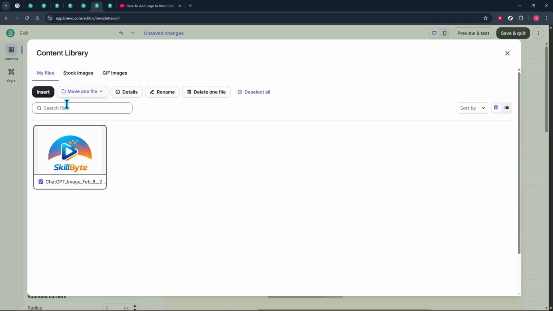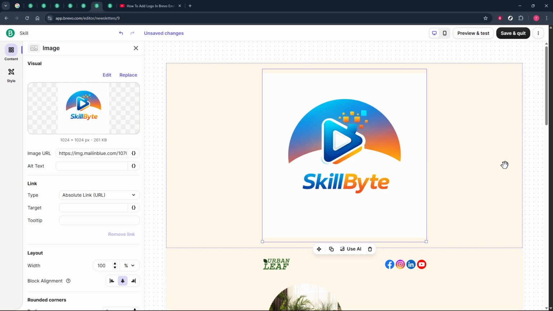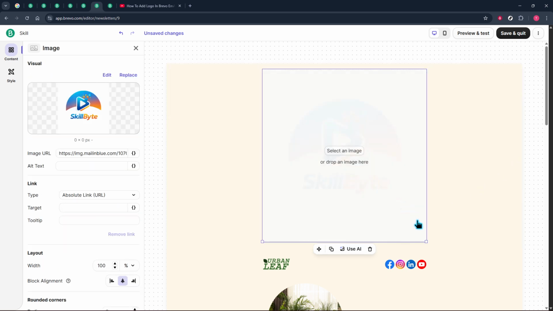Pick your logo from the library, then click Insert to place it in the email. A few quick tips while you're here. For best results, use a high-quality PNG with a transparent background. Aim for a reasonable display width. Around 120 to 250 pixels often looks great on desktop and mobile, while keeping the file size lean for faster